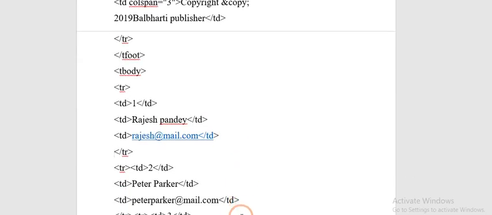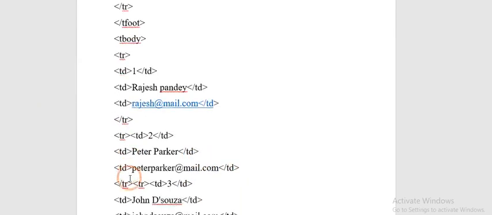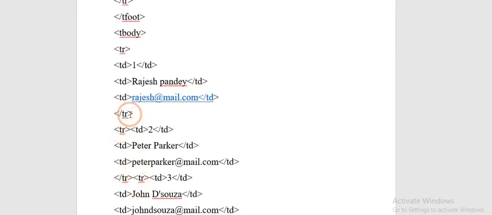Next, similarly for the next data, again you will have to open the tr tag, and again insert the values. After completion of the 3 columns' values, your tr tag which is open over here will get closed by using backslash tr. Then your third row will be created for the third entry, and similarly that will get closed.